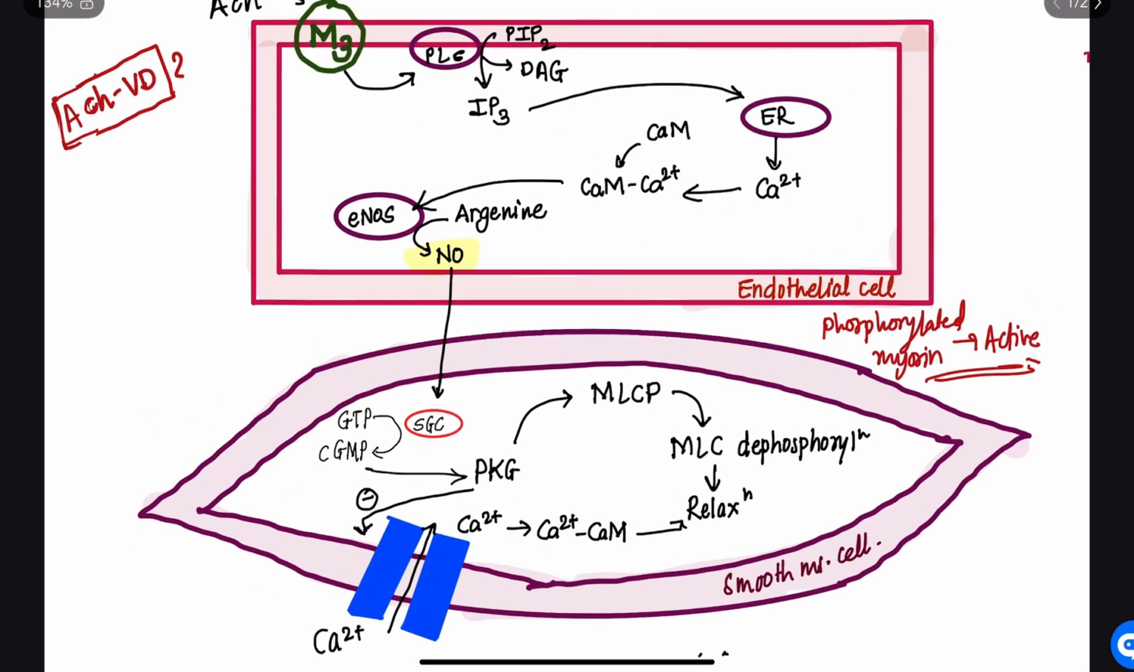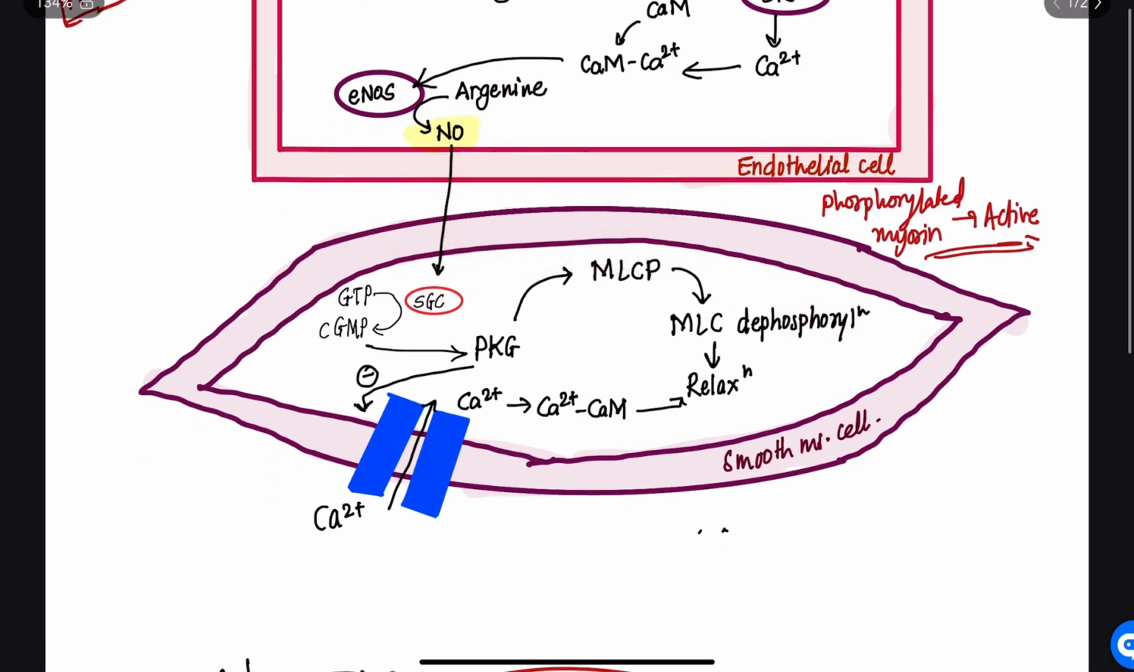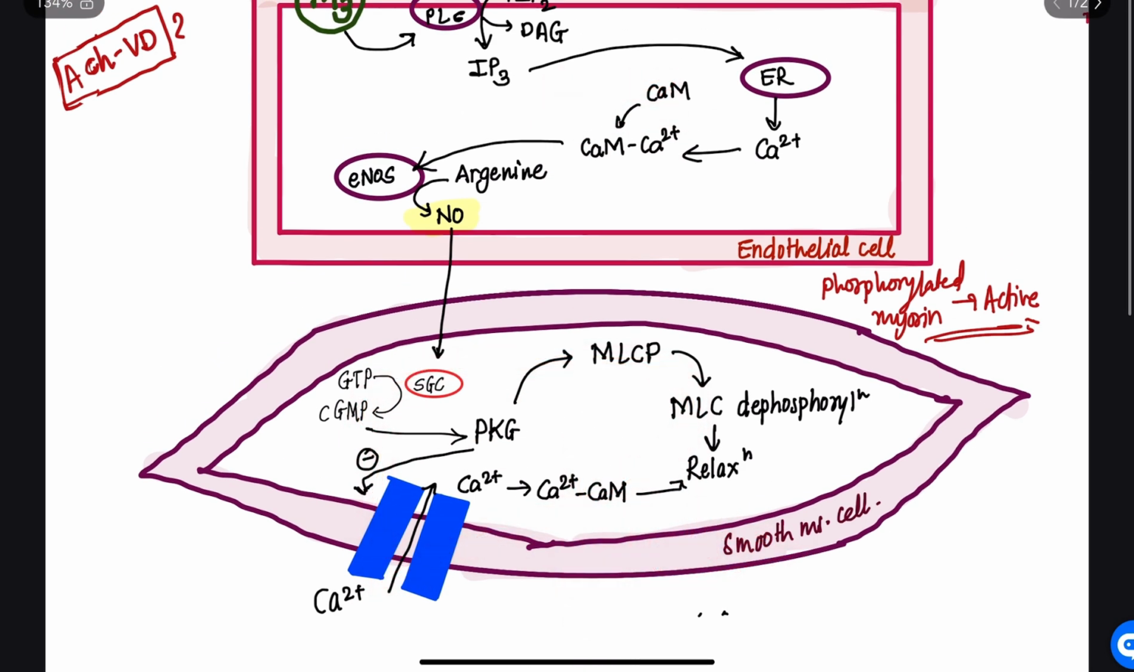Okay, now what I want you to observe is the duality of this calcium calmodulin complex. In the endothelial cell, this calcium calmodulin complex is causing the release of a vasodilator by stimulating nitric oxide synthase enzyme. Here it is promoting vasodilation, but in the smooth muscle cell, what is it doing? It is promoting contraction of the muscle. That's the duality of this calcium calmodulin complex, and it is the most astonishing part of this whole mechanism,